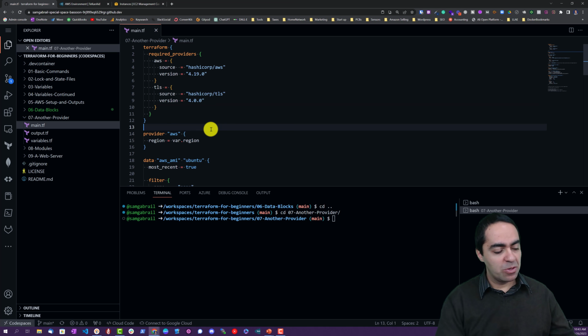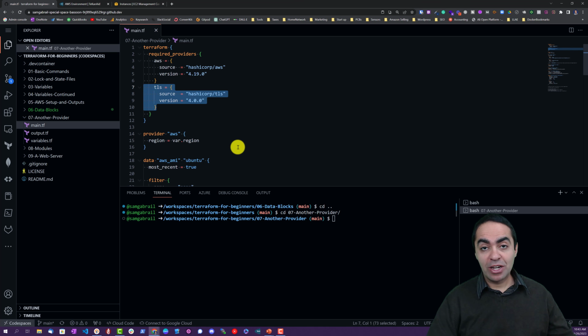And in here, what we've done is we've added another provider called TLS. Notice we can add as many providers as we want. So really, you can add an AWS provider, a GCP provider, an Azure provider. Really, it doesn't matter. In this case, we want to use the TLS provider, which allows us to create a private public key pair. And then we're going to push the public key into our EC2 instance so we can